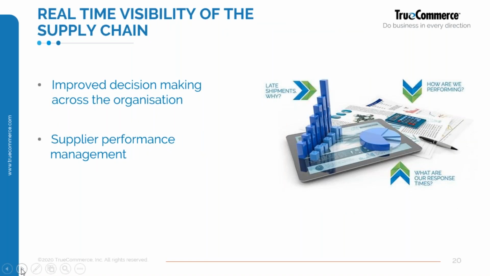So, real-time visibility in the supply chain. If you're a decision maker and all of these various systems sit underneath you, pulling out reports can be a once a month job, or even worse than that, once a quarter. And that's when the reviews happen as to how are we doing as a business, because it's too easy to get tied up in the day-to-day and too hard to pull out reports from several different systems and compare and make logic of them. Because we're receiving so much data through the EDI application, and we can collate that into